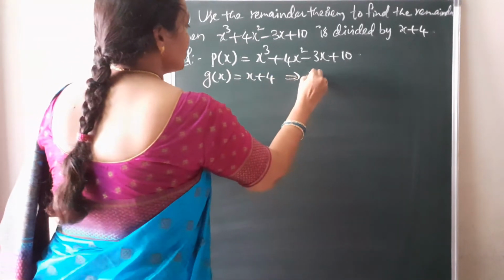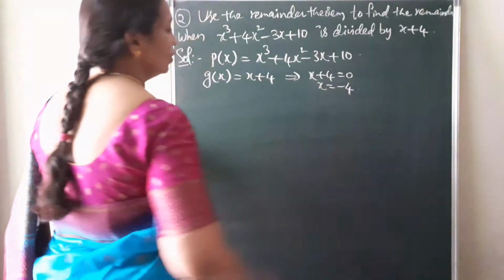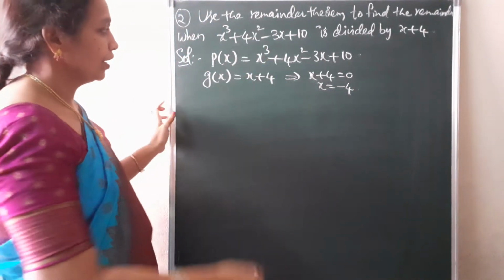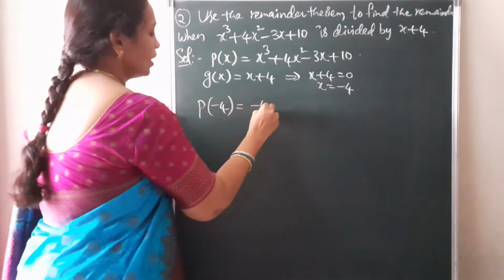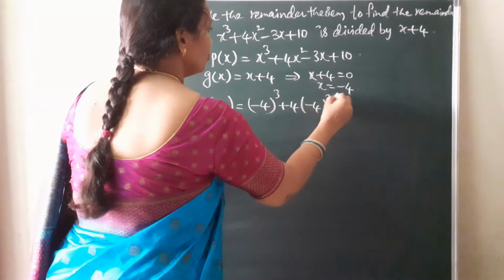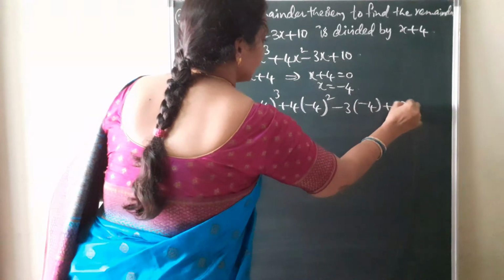Then its zero: x plus 4 is equal to 0, so x is equal to minus 4. If you substitute, we have to find out the remainder. So that means p of minus 4 you have to find out. So minus 4 whole cube plus 4 of minus 4 whole square minus 3 of minus 4 plus 10